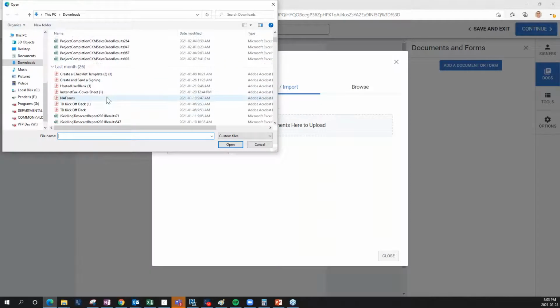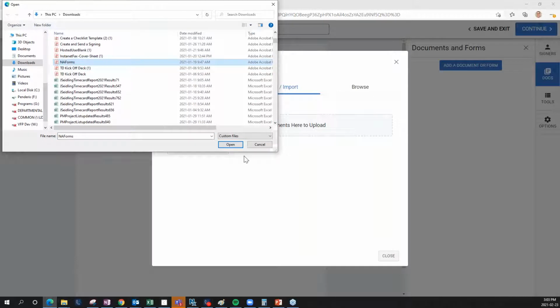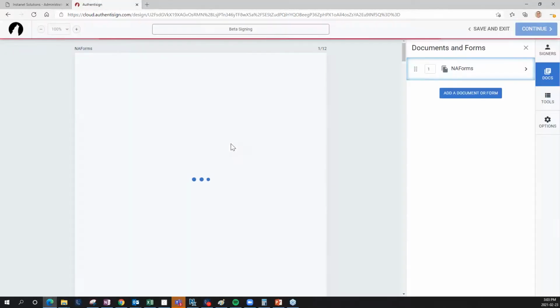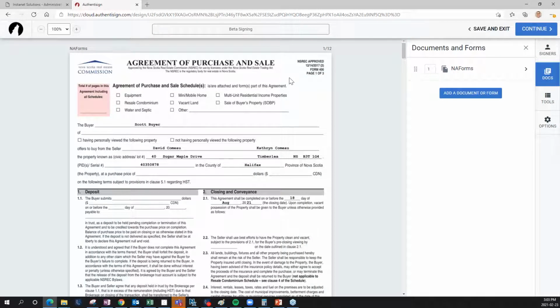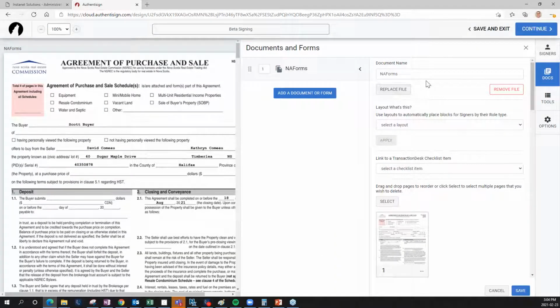And again, if you're going to slice up a document, you can do this through documents. There's a document slicer there. I'm going to grab some Nova Scotia forms and upload those in. But to do that through AuthentiSign, you add the document, and then with docs selected on the right side, with docs blue, we're going to click on the document that I uploaded, and we're going to have all of